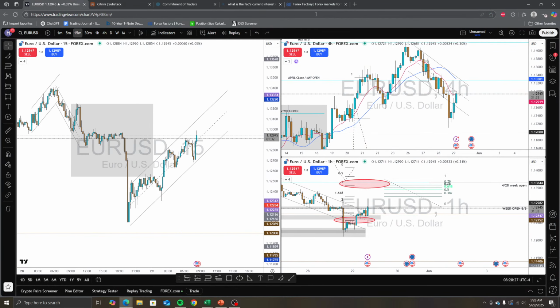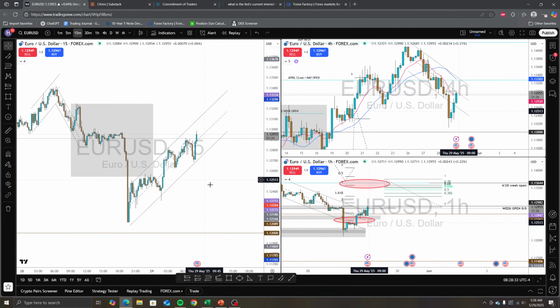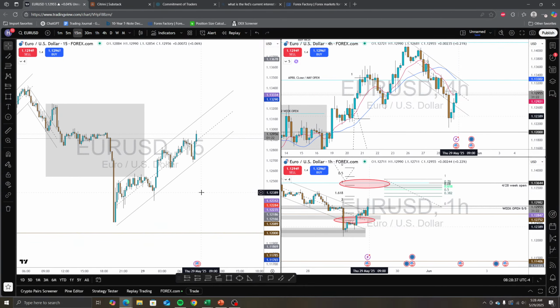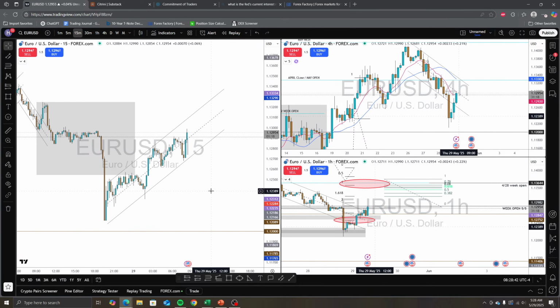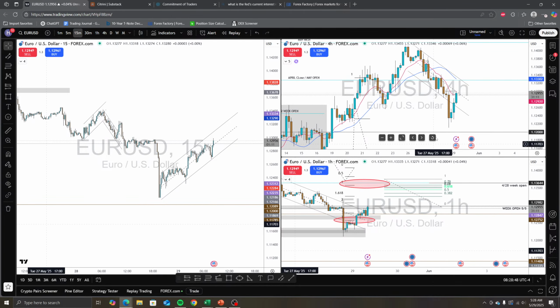As long as it sticks around the forecast, then we shouldn't see a lot of price movers, a lot of volatility. But I mean, we still know something's going to happen. We're just not sure what.